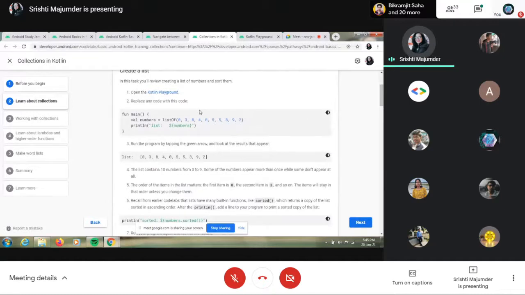The syntax is that first you declare a variable named numbers and write listOf, then the numbers like 0, 3, 8, 4, 0, 5, 5, 8, 9, 2, whatever you want. Then you can simply println this numbers. So first let's type this in the Kotlin program.